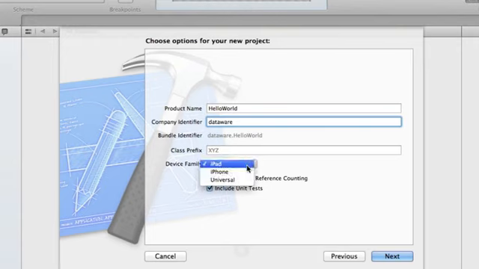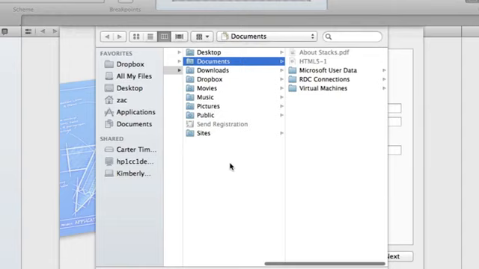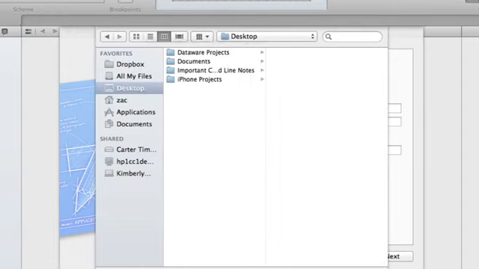We're going to make this an iPhone application. You can make it universal, but in this case we're just going to do an iPhone application, and we're going to click Next, and we'll save it to the desktop. Okay,